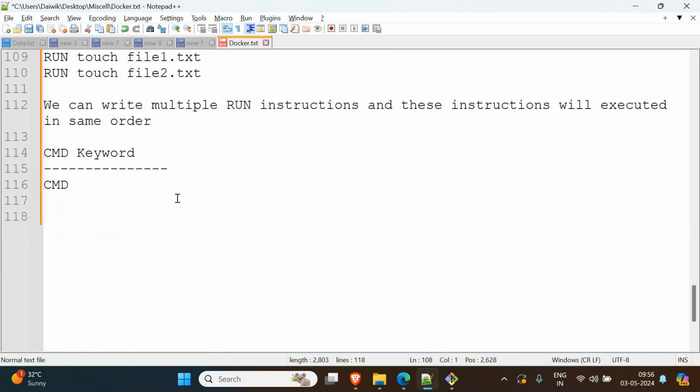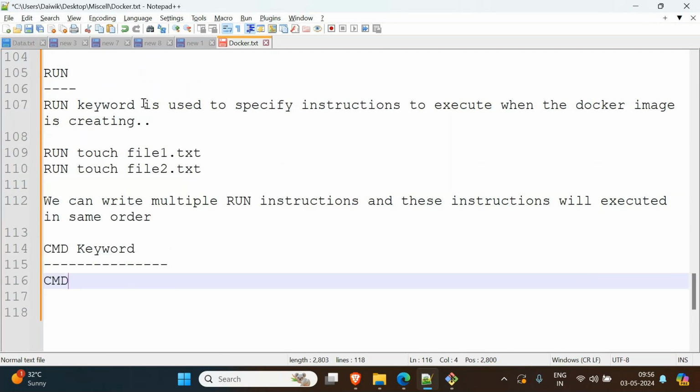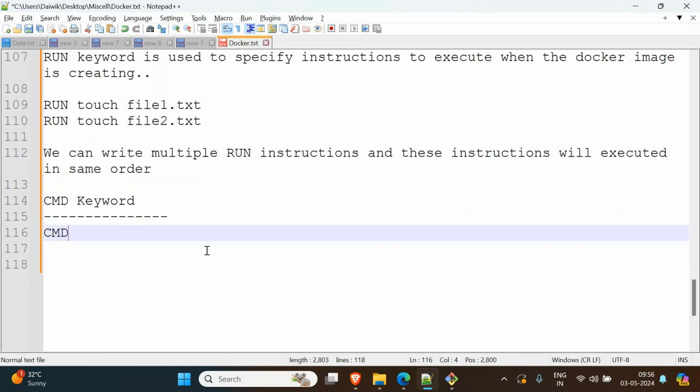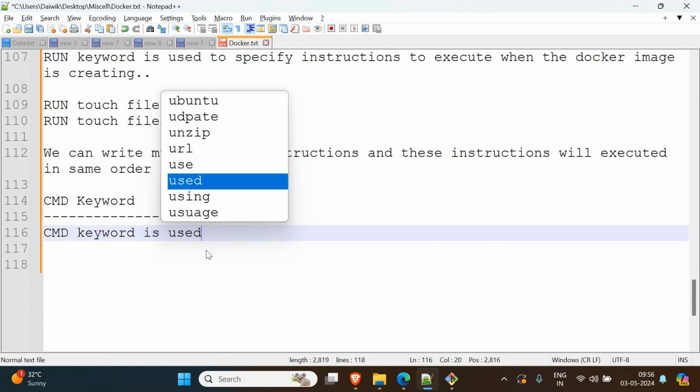The CMD command is the same kind of thing, but somewhat different. Even if you write it multiple times in your Dockerfile, if you use the CMD keyword, only the last one will be executed, whereas RUN is not like that. All the RUN commands will be executed sequentially, but if you use the CMD command multiple times, the last one will be used to execute. CMD is used to specify